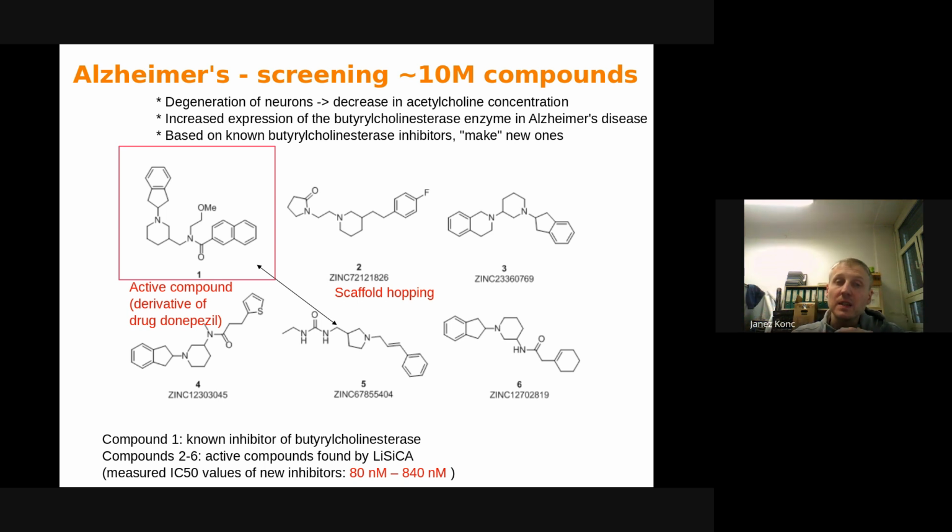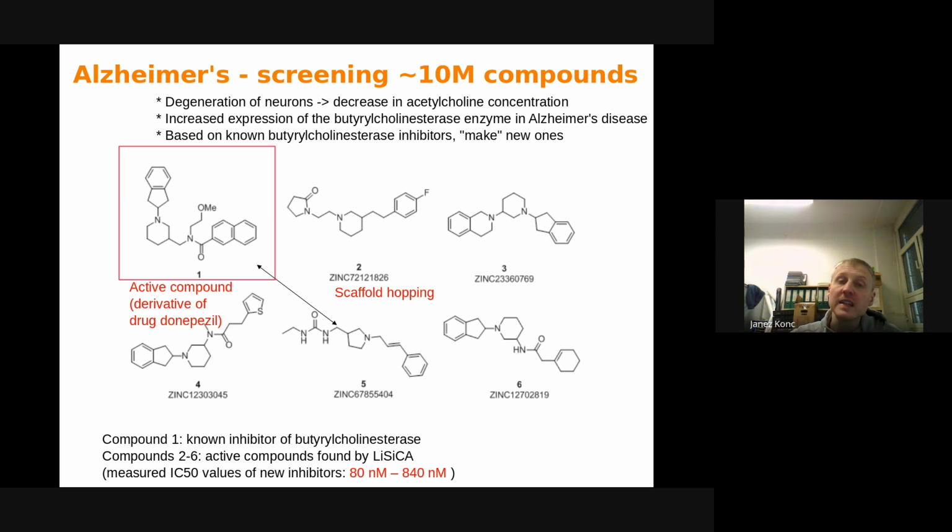In this disease, the enzyme butyrylcholinesterase is increased, and this butyrylcholinesterase makes the disease even worse than it already is, because butyrylcholinesterase degrades acetylcholine even further, so the concentration of acetylcholine decreases even further, and the disease gets worse. That's why we want to find inhibitors of this enzyme, butyrylcholinesterase,